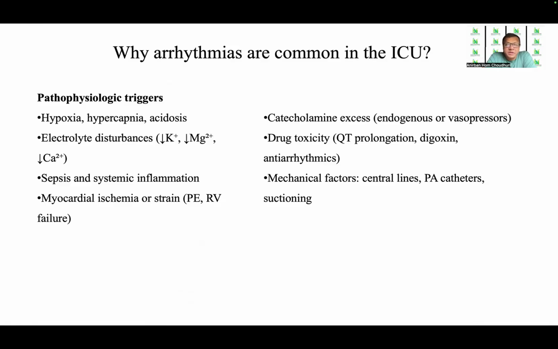Now, before we discuss the specific management of this patient, let us discuss why arrhythmias are common in the ICU. This is because there are frequently various pathophysiological triggers. More than one exists in a patient, and they can change over time, like hypoxia, hypercapnia, and acidosis. Electrolyte disturbances, which can be due to hypokalemia, hypomagnesemia, or hypocalcemia, the presence of sepsis and systemic inflammation, myocardial ischemia or myocardial strain following pulmonary embolism or RV failure,